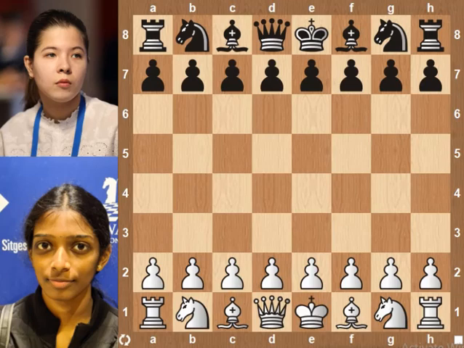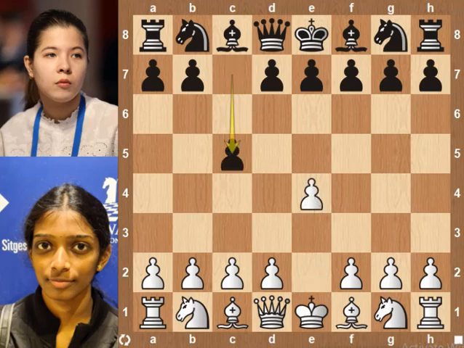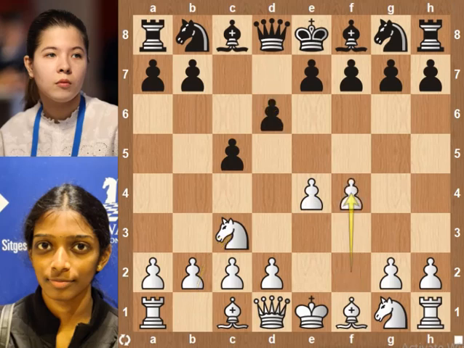Hi chess friends, today we are going to witness Vaishali's brutal attack against Leya. Vaishali plays with white, Leya is black. Vaishali starts with e4, black plays c5, knight c3, d6, the Sicilian defense, f4, an aggressive move by Vaishali, g6, knight